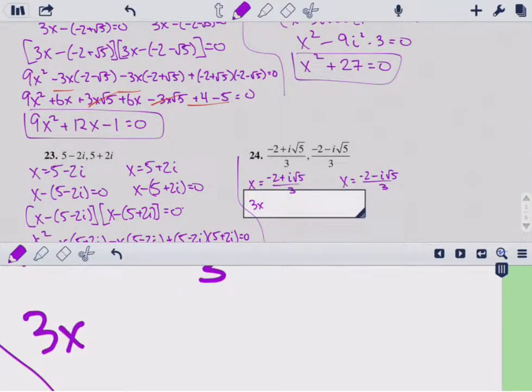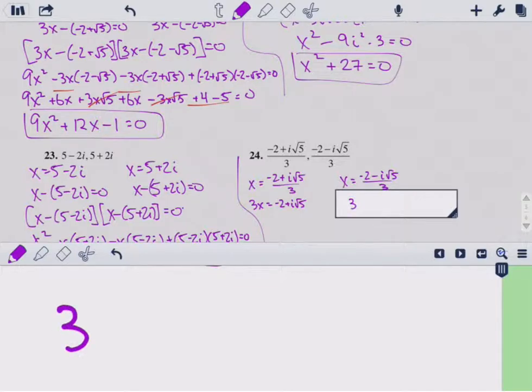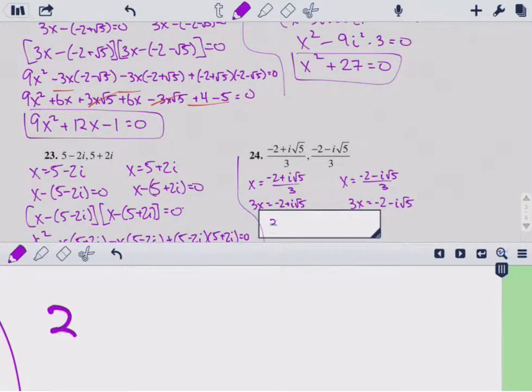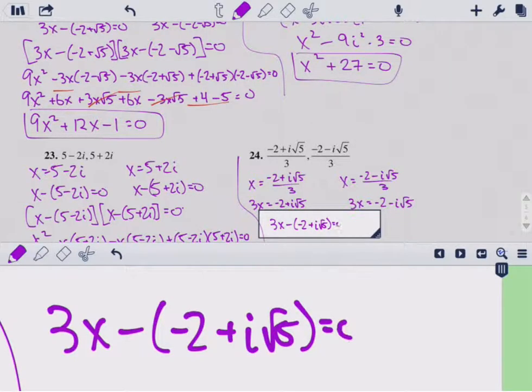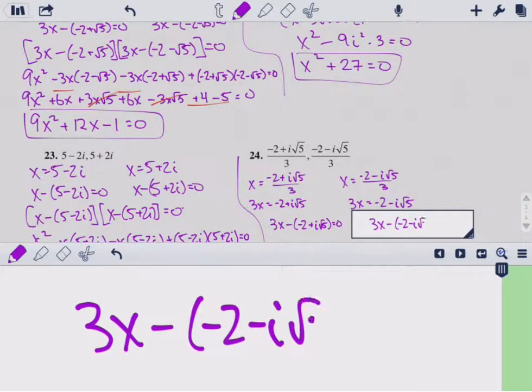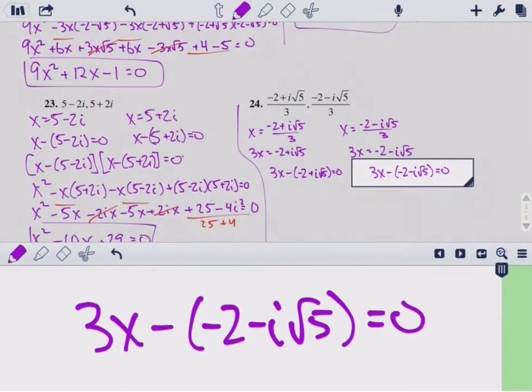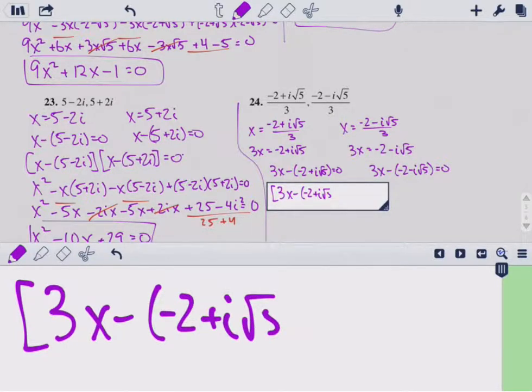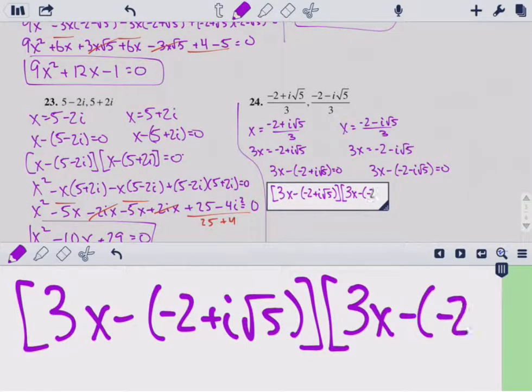Gives me 3x equals negative 2 plus i root 5. 3x equals negative 2 minus i root 5. 3x minus negative 2 plus i root 5 equals 0. 3x minus negative 2 minus i root 5 equals 0. Multiply the things together: 3x minus negative 2 plus i root 5 times 3x minus negative 2 minus i root 5